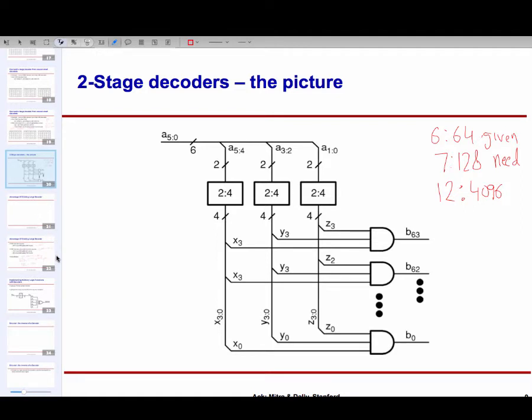Now, what you could do is, if I were to tell you that, hey, don't use these AND gates, you're allowed simpler gates, like 2-input gates and all, then it's possible you can begin to share some stuff across these things. But not the way I've drawn it out here.